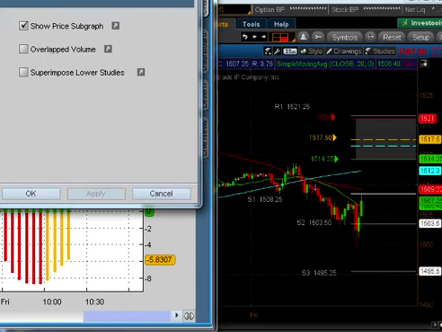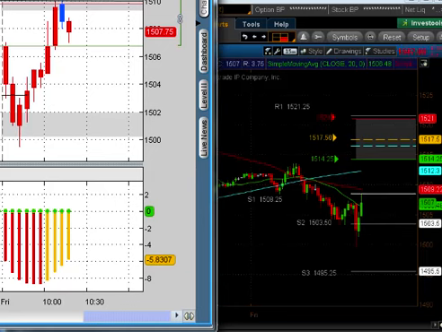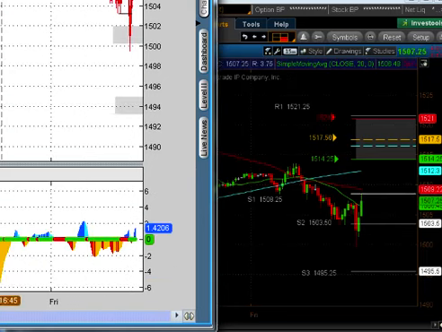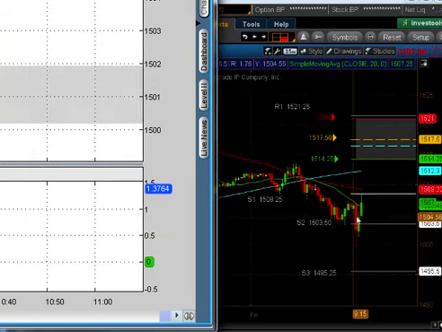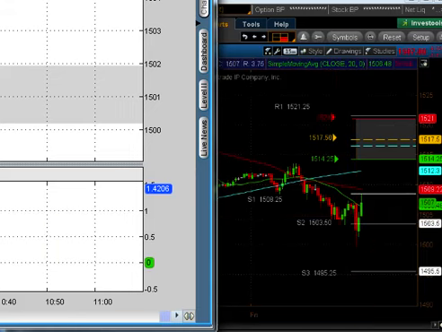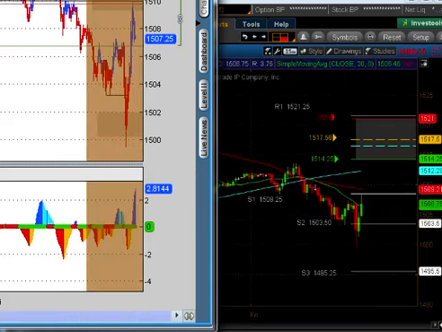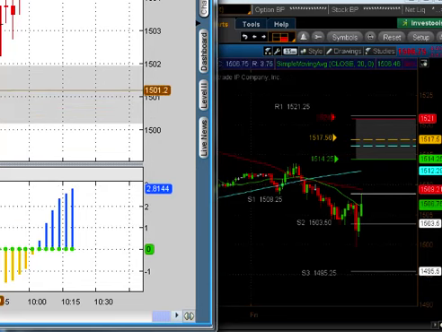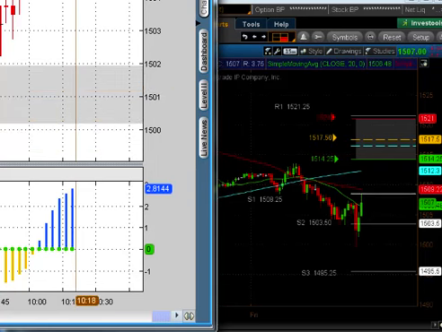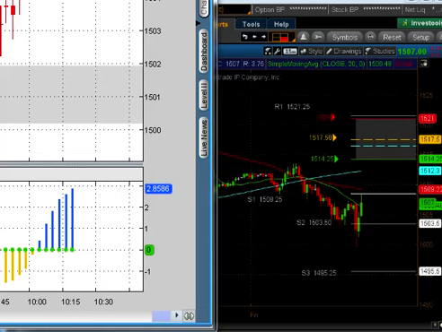One of the references too, I think the opening this morning looks to me like it was 1506.50. 1506.75 was the open. Okay, 1506.75. The open is also a reference that short-term traders need to be aware of. Any short-term professional trader who has been around for any length of time knows the opening, knows the previous day's high and low, and knows what half back is for the day as well as for any particular period. Those are just things that are automatic to them. We'll watch that, but let's go back to the scheduled presentation.